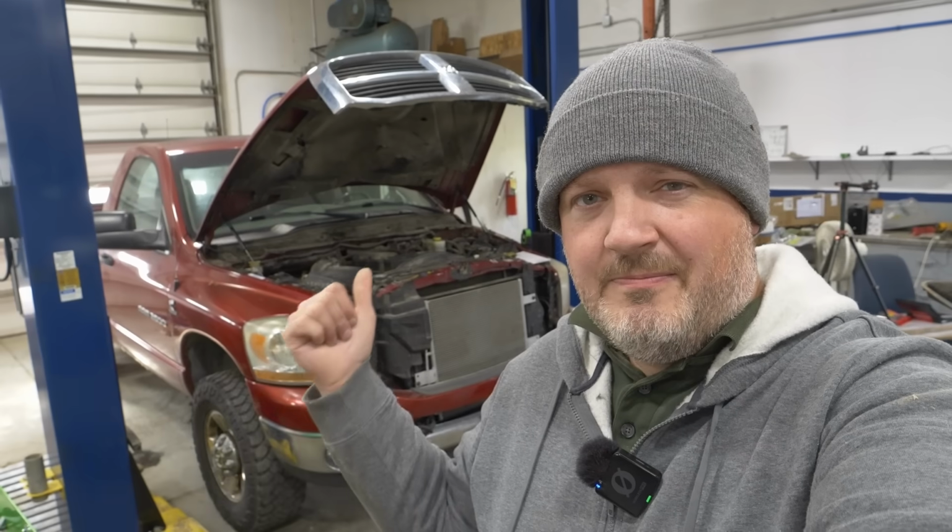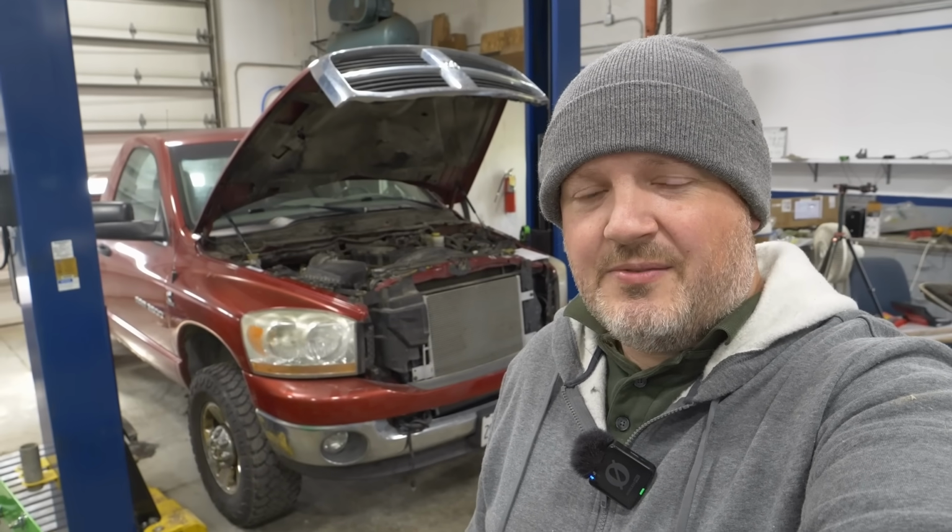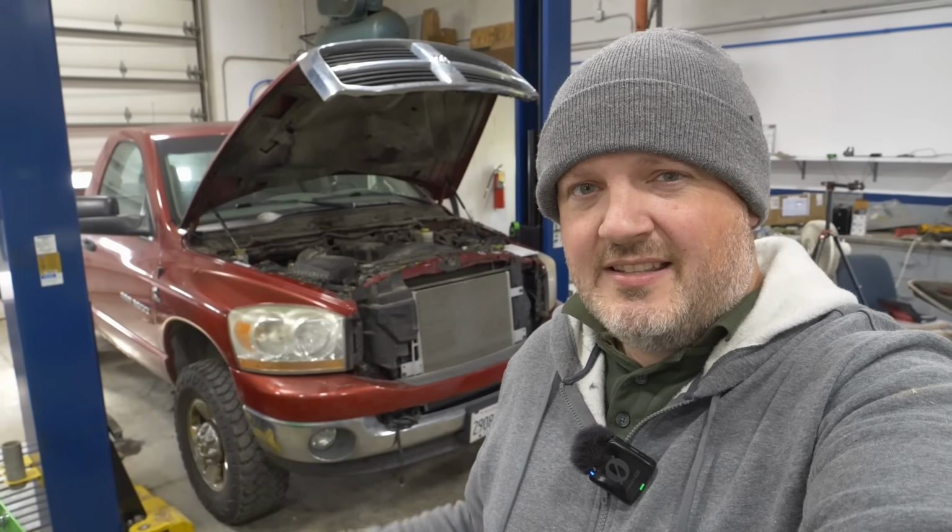Working on a Dodge. That's a 2006 Ram 2500. It's got the big Cummins diesel engine. The air conditioning does not work. He took it somewhere. They replaced the compressor, but the AC still doesn't work. They decided it's a wiring problem and they don't want to mess with it, so it has become my wiring